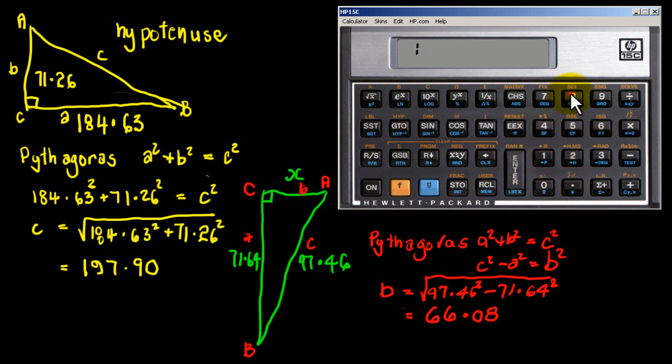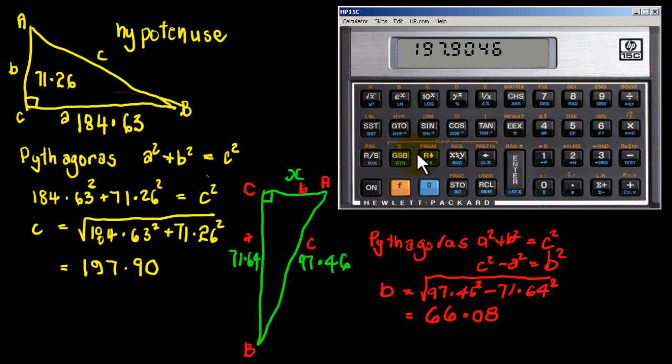So we put in 184.63 and we square that just here, and then we put in 71.26, square that again, x squared, and then we just add those together and take the square root, and there we go, we get